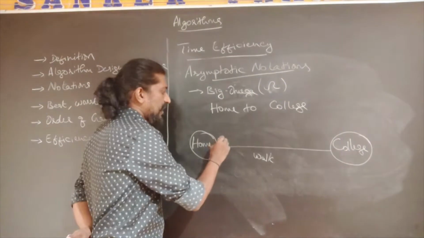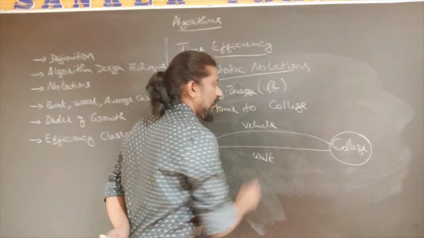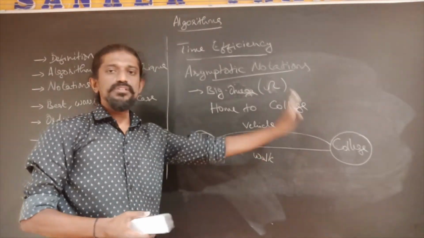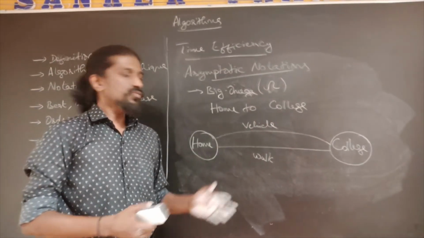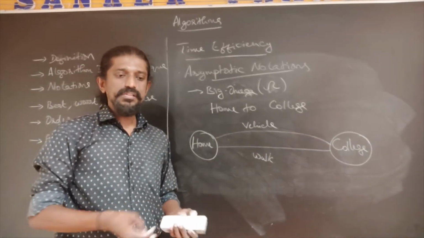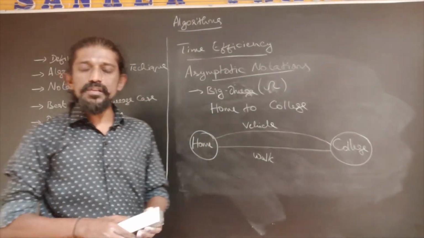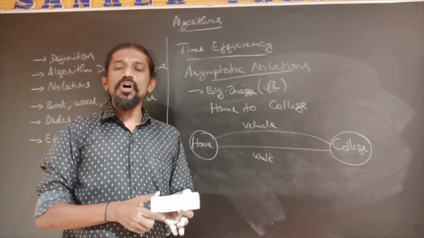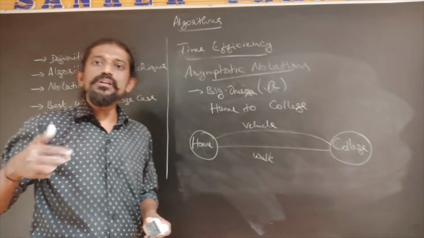Second, we may go from home to college by a vehicle. Let us consider only these two. So there are two algorithm design techniques to solve this problem. One is we can go by walk and the other is we can go by vehicle. When we look at this example, we will get to know different algorithm design techniques solve the problem at different speeds, and we may get solutions to the problem at speeds that will dramatically reduce the overall effort. And also using the same algorithm design technique, we can have multiple algorithms.